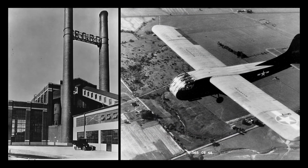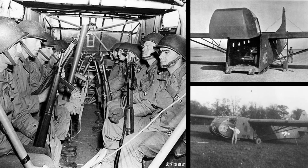Ford was also known for producing Waco's CG-4 gliders, which were built at the Ford plant in Iron Mountain near the town of Kingsford. The heavily forested area supplied the much-needed wood for production. Because of their tubular wood and canvas construction and absence of an engine, gliders were lightweight and could silently glide